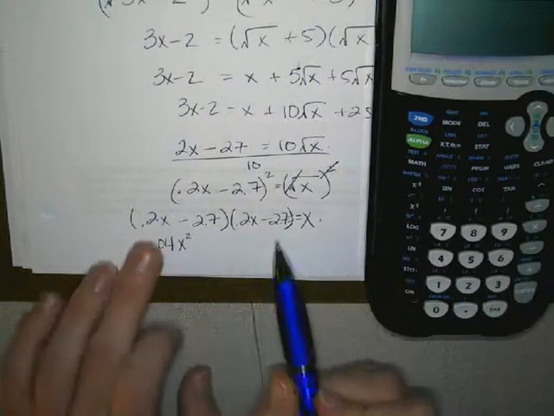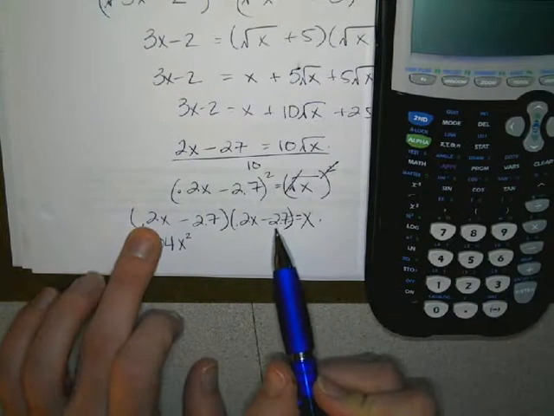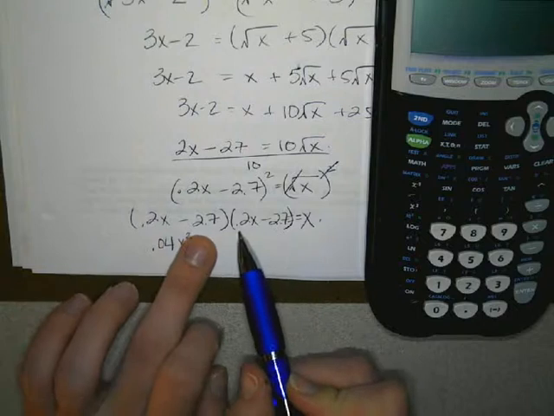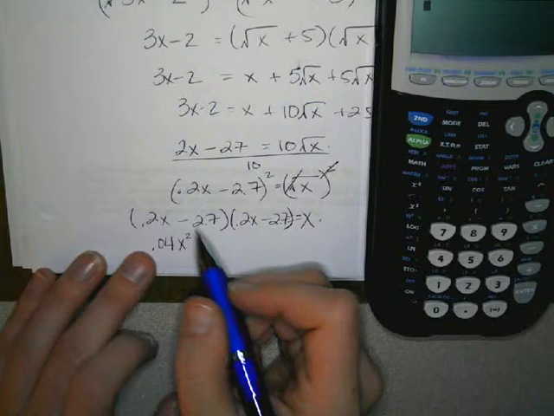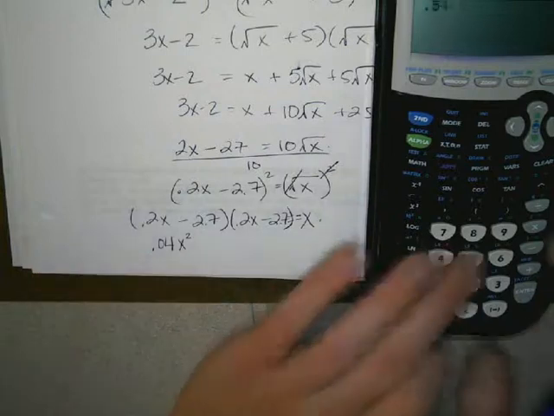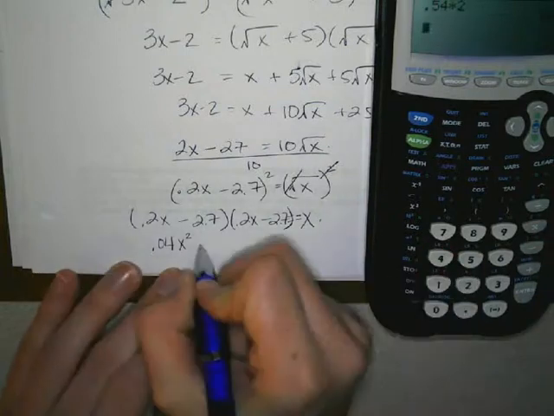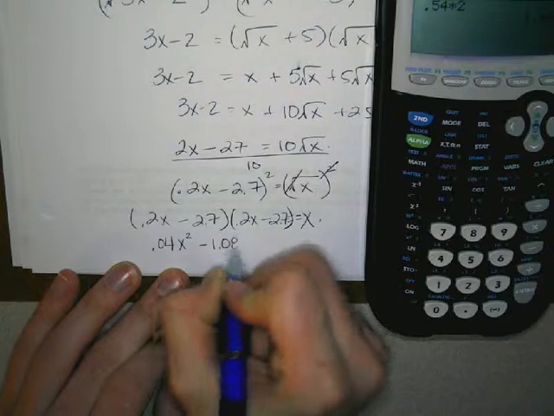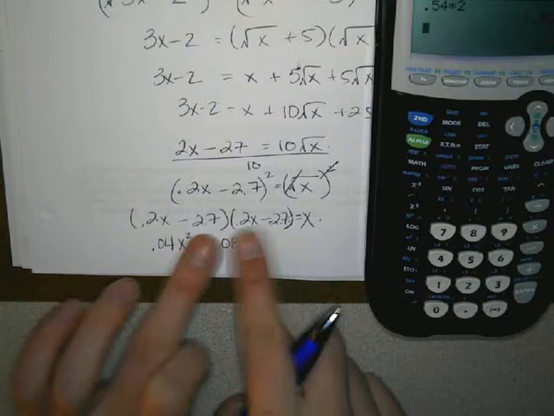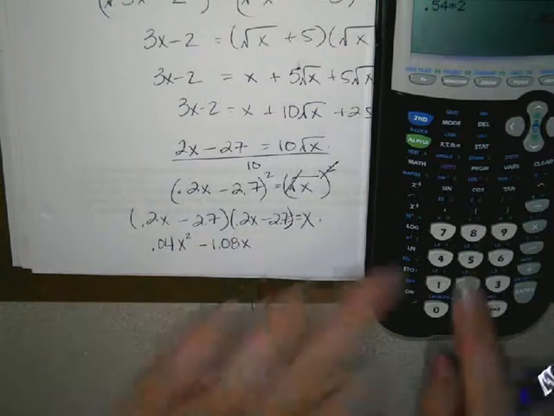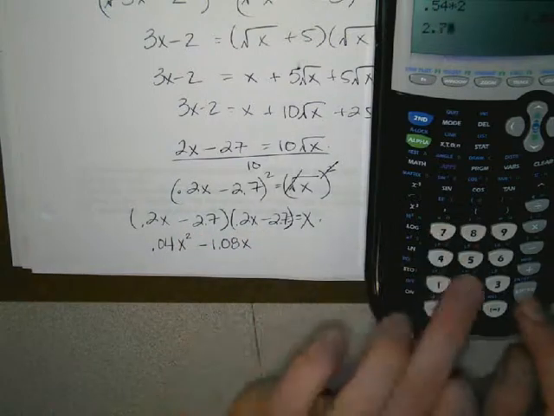And then we'd have another negative 0.54. So really, if I added them together, negative 1.08. So that's my outer and inners added together. And then 2.7 squared, 7.29. Yeah, 7.29